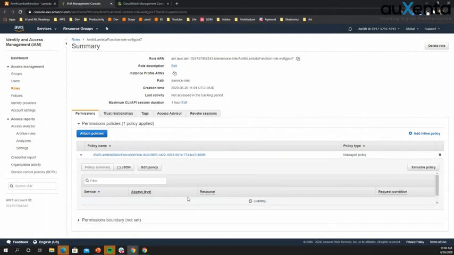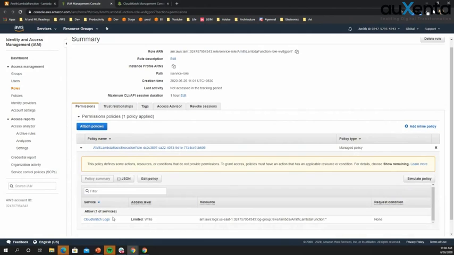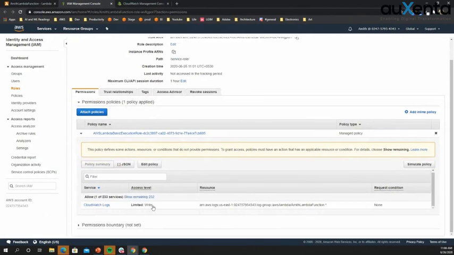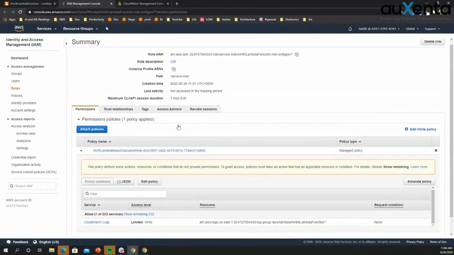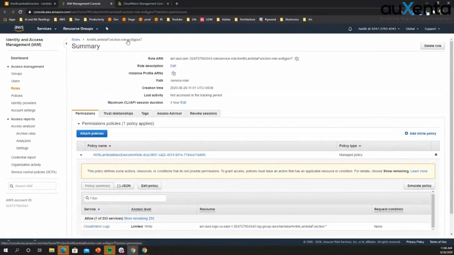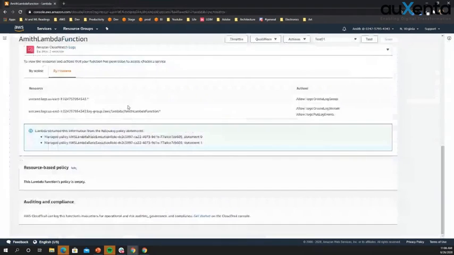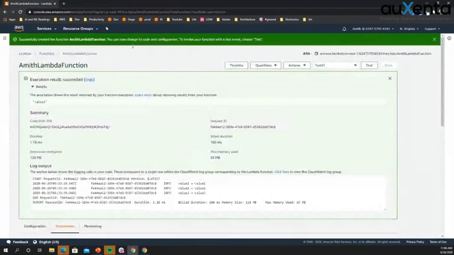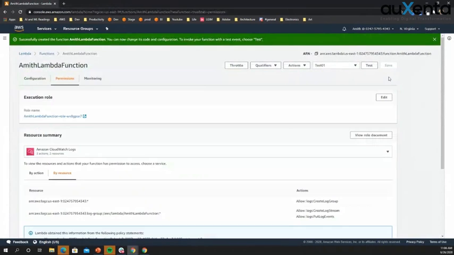And you can see here it says CloudWatch logs. We have write access. That means this role has write access to CloudWatch logs. That's how we give permissions to a Lambda function. That means to access any resource using a Lambda function, we need to give an IAM role for that. And if we go back to this,